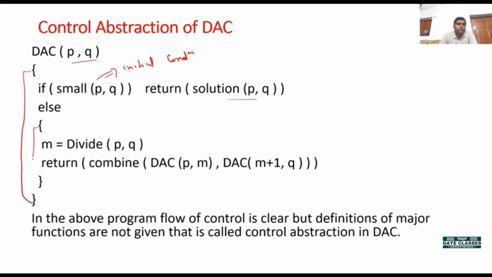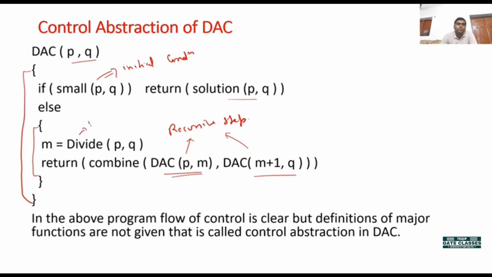Else, this is the recursive part. Else we are calling divide. So this part is the recursive step. In that, we first divide the problem, assuming m is the division point, and again call DAC on the divided problems, and finally after returning we combine. Inside, we are calling DAC again with some different arguments. So here we have made two calls of the same function. So this part as well as this part is the recursive step.